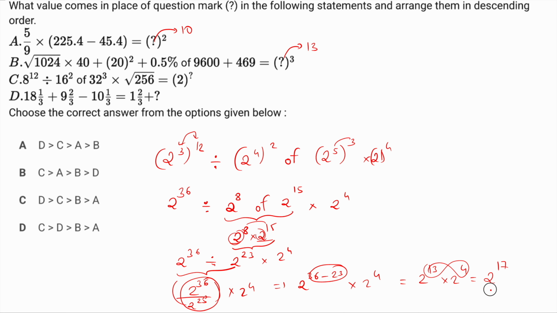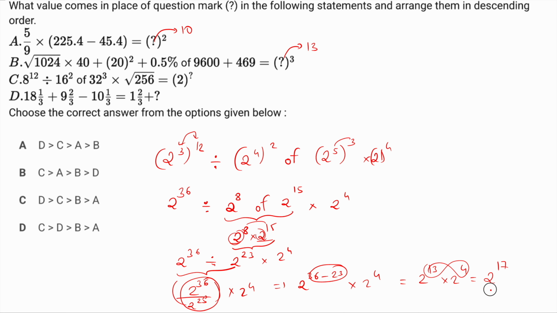So minus 1 by 3 plus 1 by 3 cancels and 2 by 3 cancels from both the sides. You subtract 2 by 3 basically from both the sides. This is effectively equal to 18 plus 9 minus 10. 27 minus 10 is basically 17. So 17 is 1 plus the question mark, or for the D option, the question mark is 17 minus 1, that is 16. So the A option question mark is 10, B option is 13, C option is 17 and